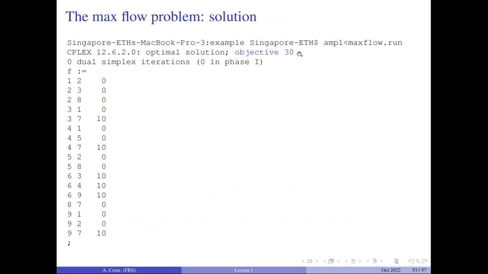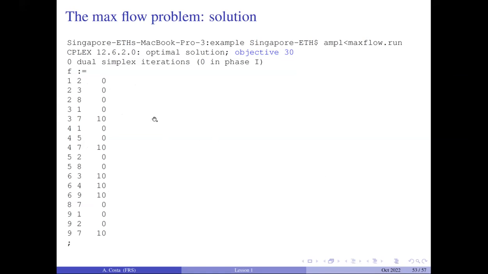The objective function value 30 means that from the red node, you have 30 units, whatever it is, flowing out from the source node, that is also equal to 30 units entering the terminal. And here you will see the values for each arc, how much goods are flowing. So for example, there is nothing on arc 1, 2, nothing on 2, 3. There are 10 units on 3, 7. So you see this is the output that you would see if you run this with Simplex and AMPL.